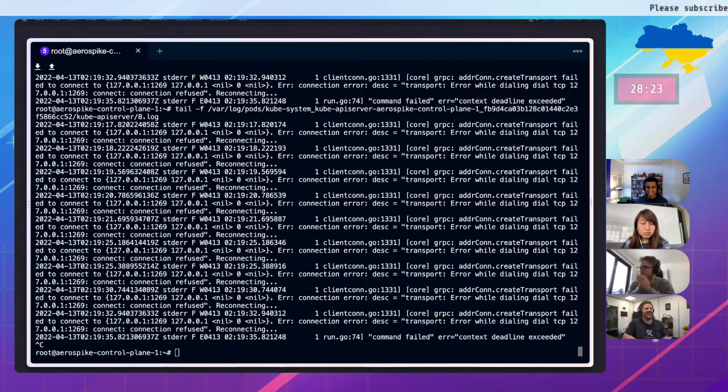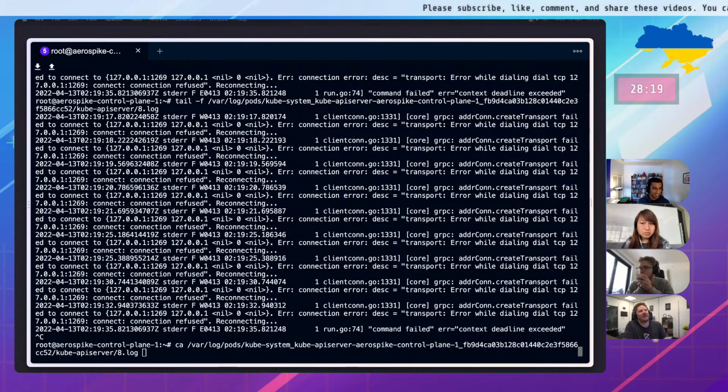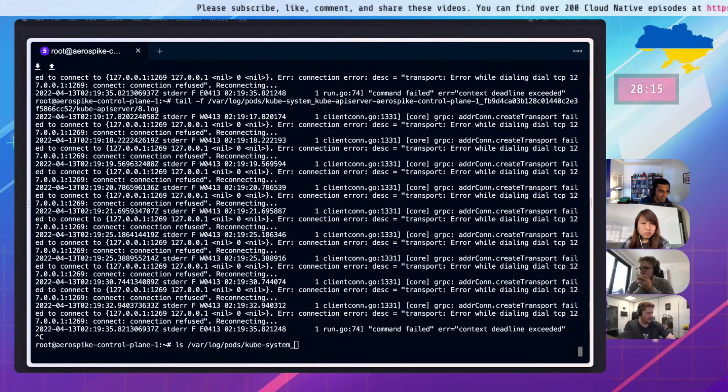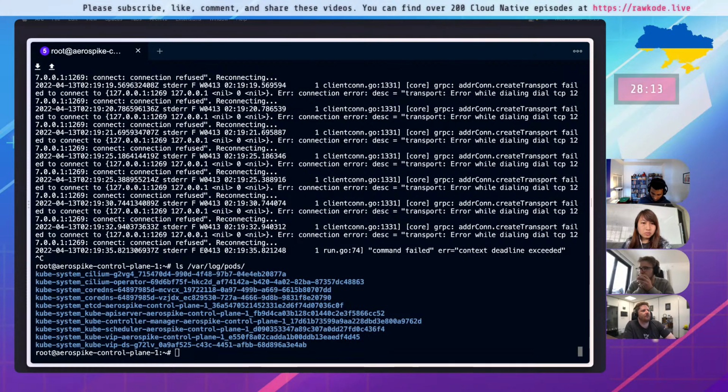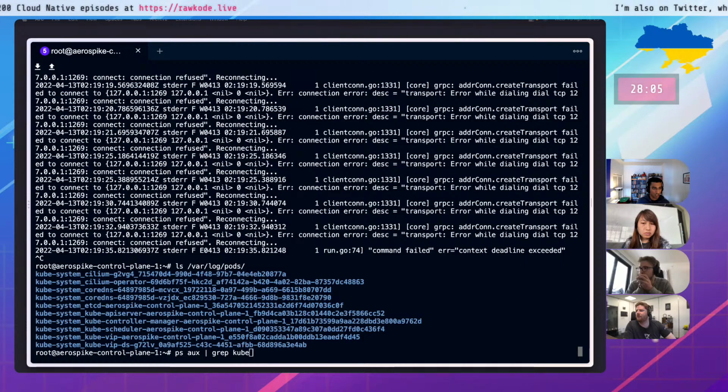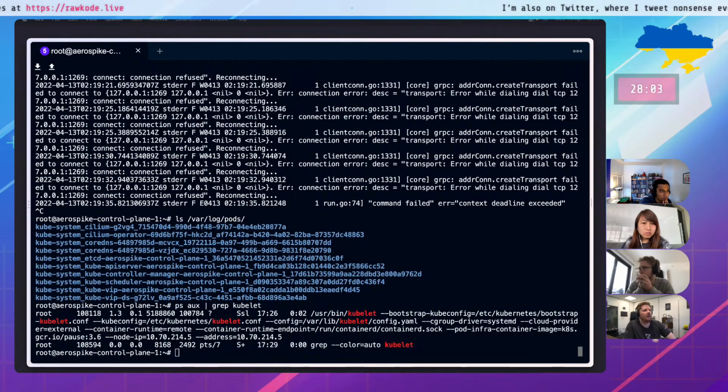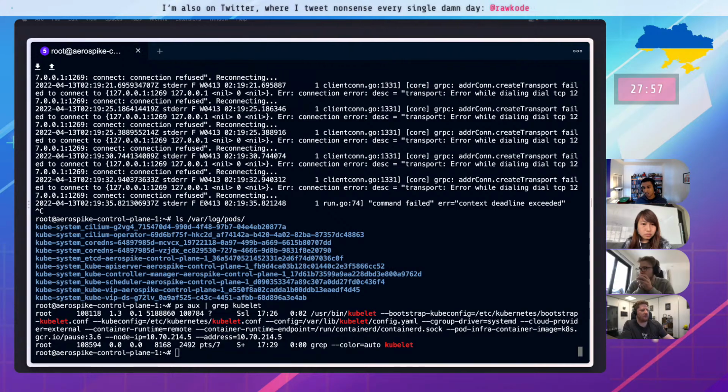I don't think it'll log. How long has our kubelet been running, out of interest? That looks like 17. We restarted it 3 minutes ago.